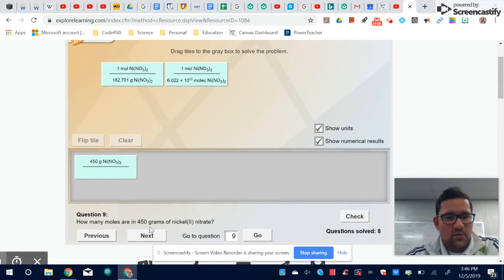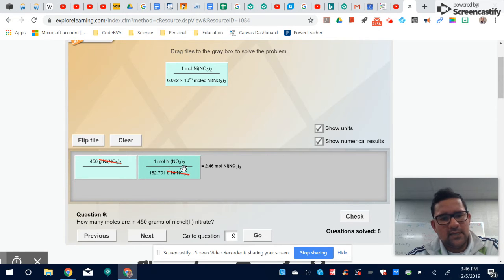How many moles are in 450 grams of nickel 2 nitrate? So I have nickel 2 nitrate, I have 450 grams of it, and I want to convert it to moles. So I'm going from grams to moles. To go from grams to moles, I'm going to grab the first tile, and it's placed correctly. I don't have to flip it because grams and grams cancels out. This, by the way, is called the molar mass. The molar mass of nickel 2 nitrate is